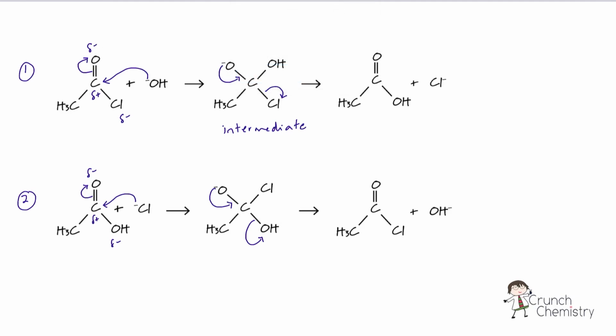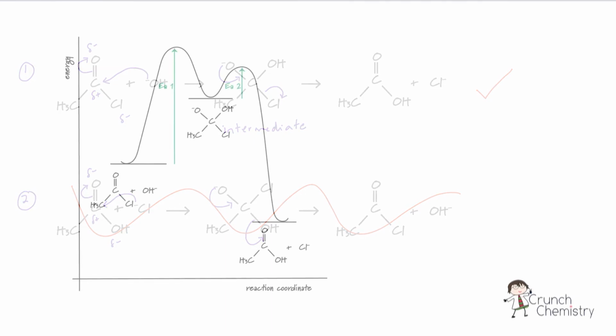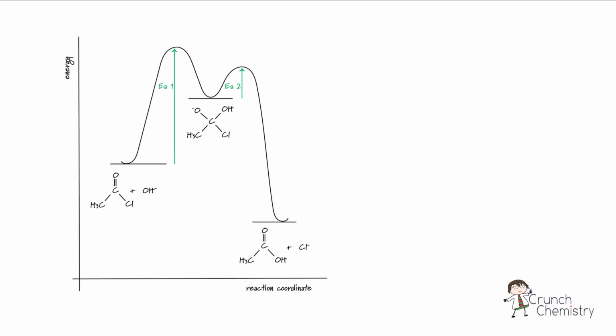However, the first reaction happens. The second reaction does not. Let's see if we can figure out why. This is the energy profile diagram for reaction 1. The first thing to note is that the products are of lower energy than the reactants, i.e. the relative energies of the acyl chloride and the hydroxide ion are higher than that of the carboxylic acid